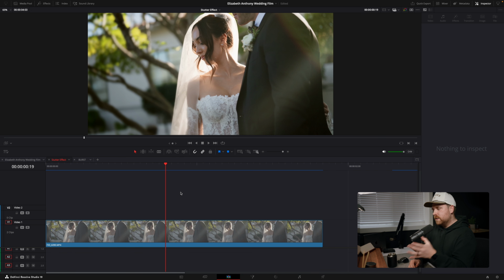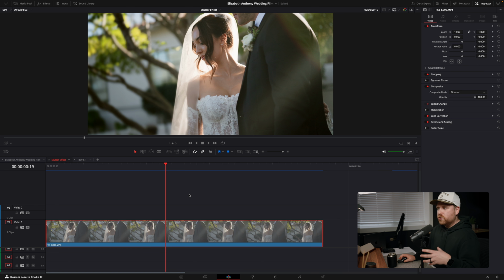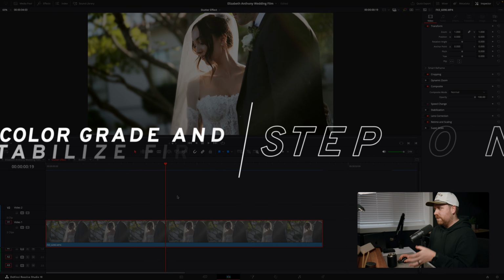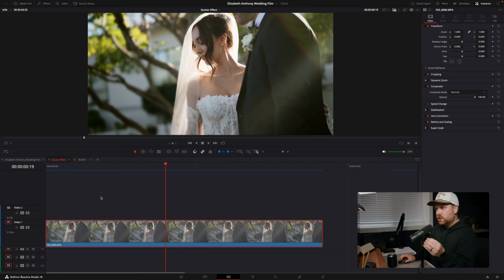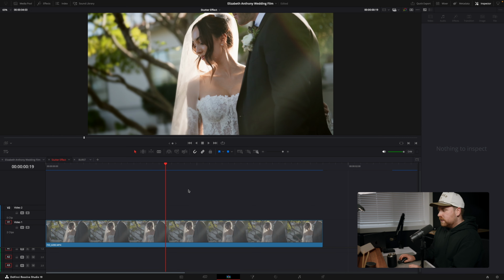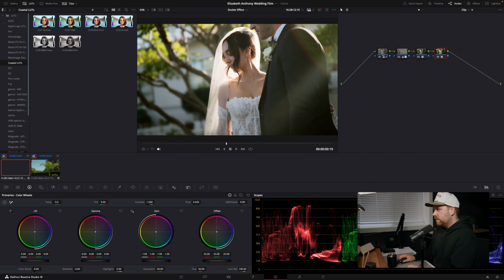All right, so here we are inside of DaVinci Resolve, and I want to show you how to use this stuttery glitch effect on your footage. Now, the first step in this process is to make sure that you've done all the major color grading and stabilization effects that you're going to do on your full clip before you start trying to break it up into this more stuttery, glitchy clip. And so for this clip, I've just done some basic color grading here. I've done some curves. I added a little mask. I did my Rec 709 conversion, and I applied my creative LUT, which is my sunset LUT from my coastal